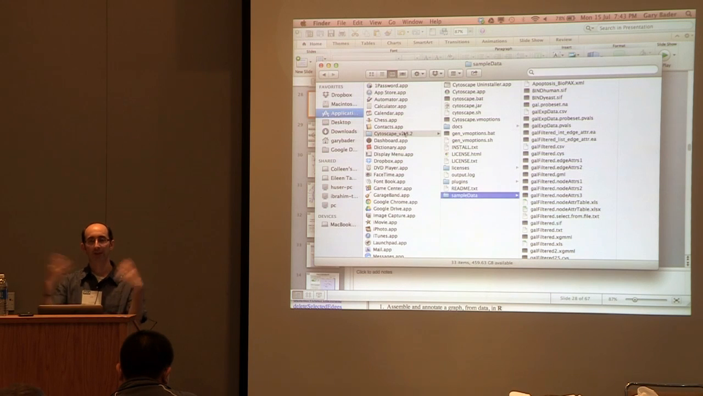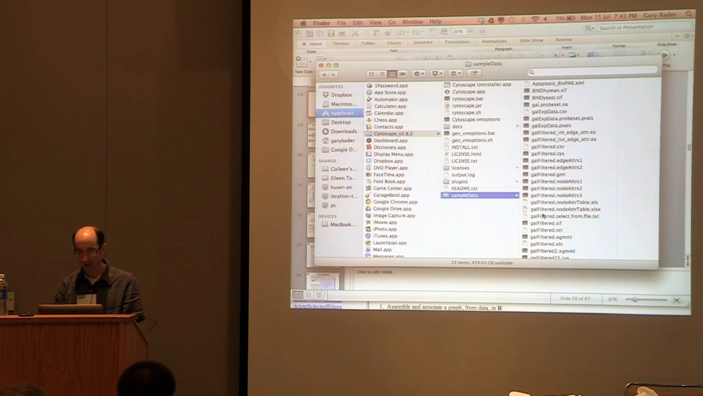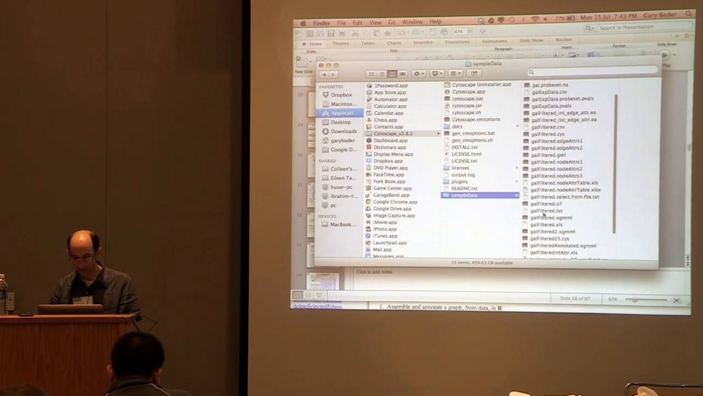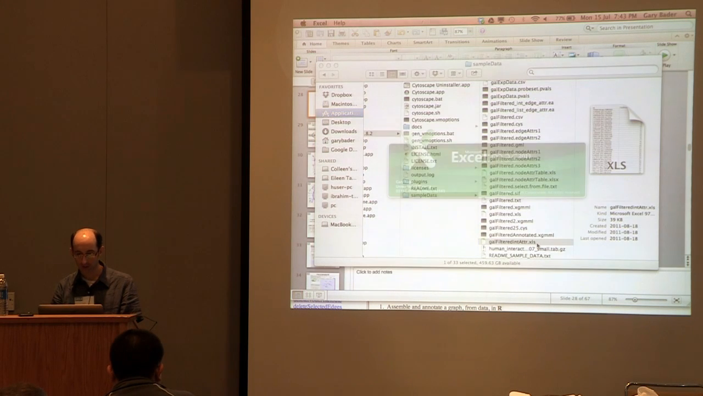So the question is, what does the input file format really look like? I'll show you an example. You actually need more than one file format. You need one file for the edges and one file for node attributes. Edges and edge attributes can all go together, and then node attributes. So you need two files at least for that. The one that I loaded up here, this Excel spreadsheet, is